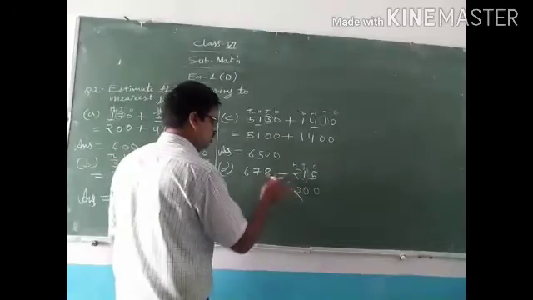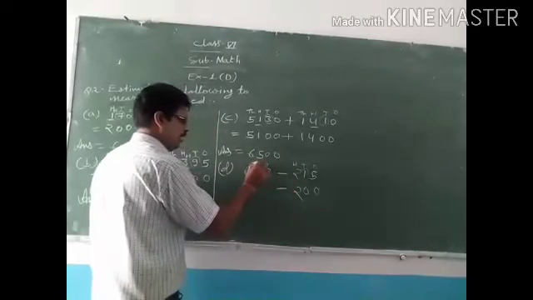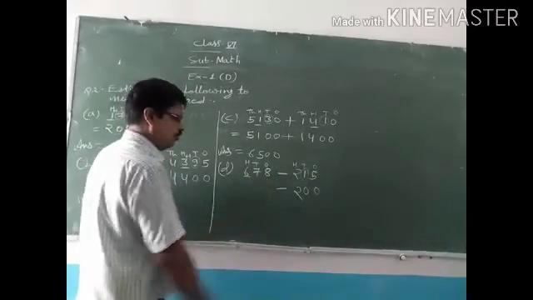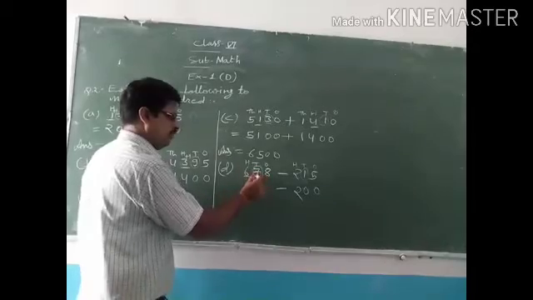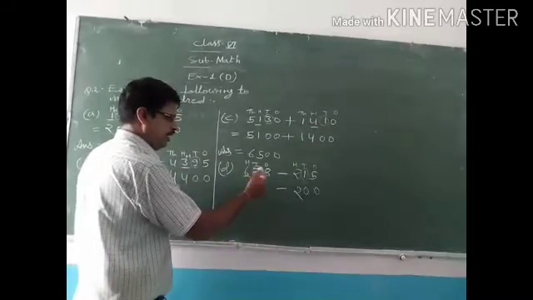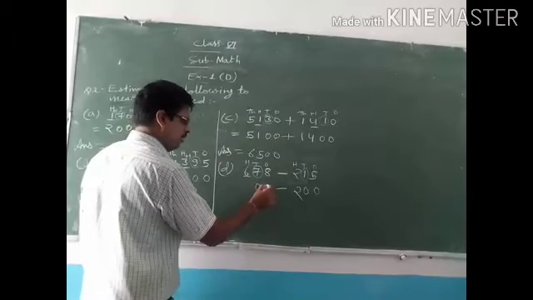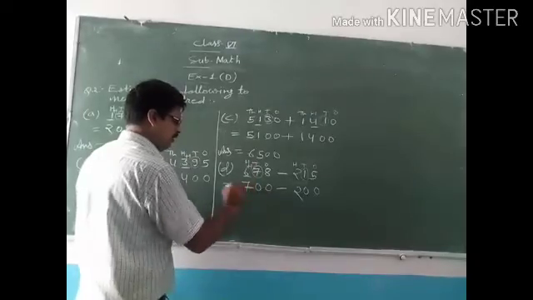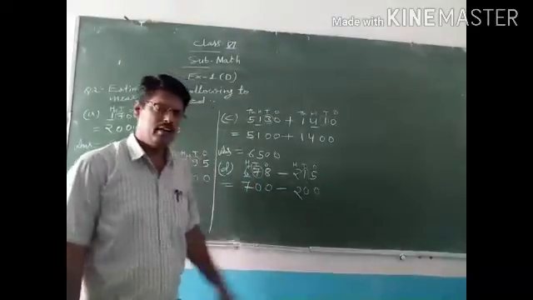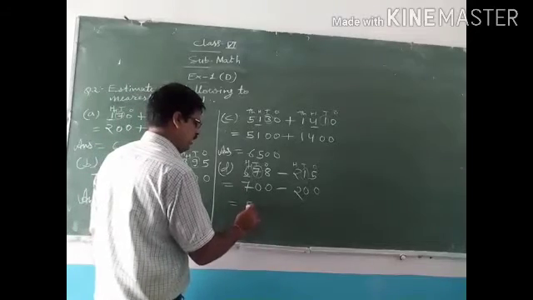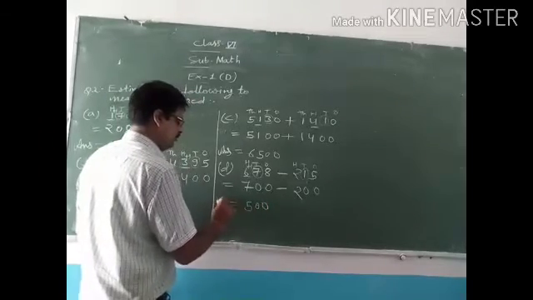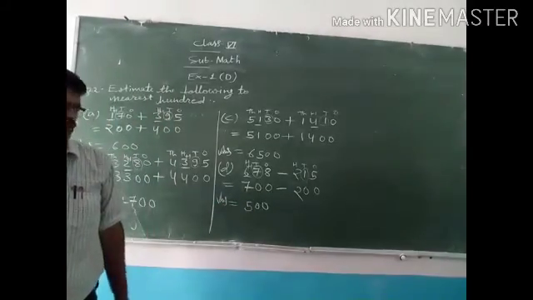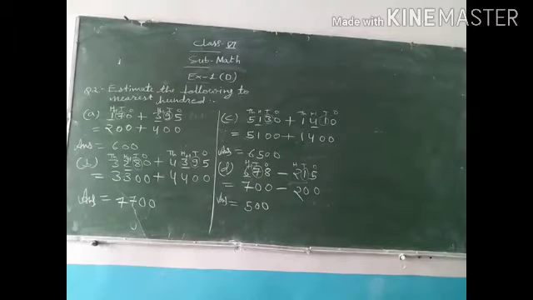Okay. Minus. Ones, tens, hundreds. Which place do we have to round off? Hundreds place. इसे round off करना है. So we have to observe this place, tens place. So here is 7, greater than 5. 5 से बड़ा है, then it will become 0, and here +1 will be added. So 6 plus 1, 7. So 700 minus 200, that means 500. So this is our answer. Understood everybody?